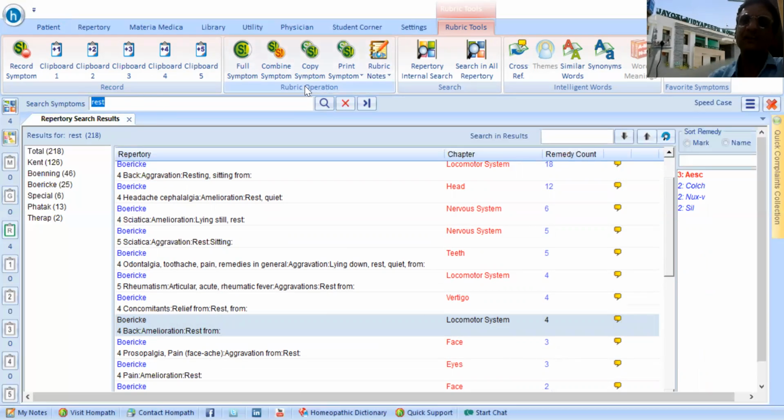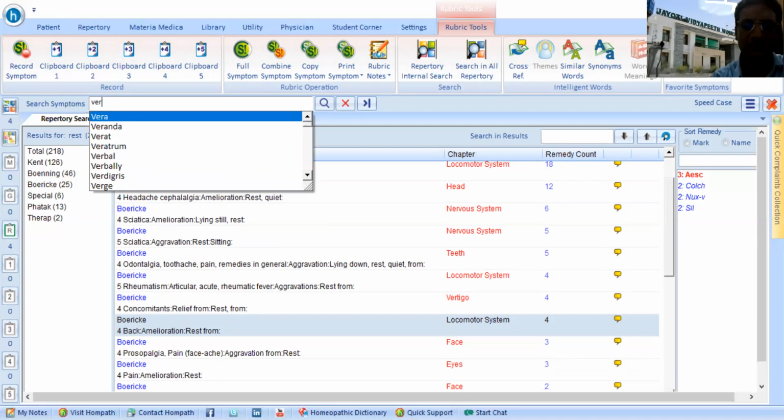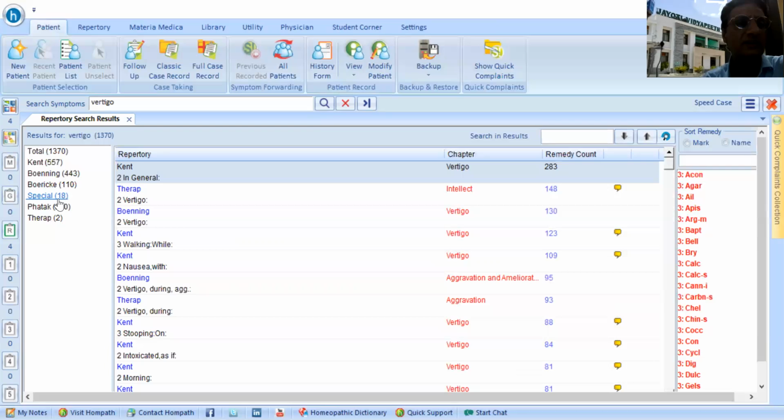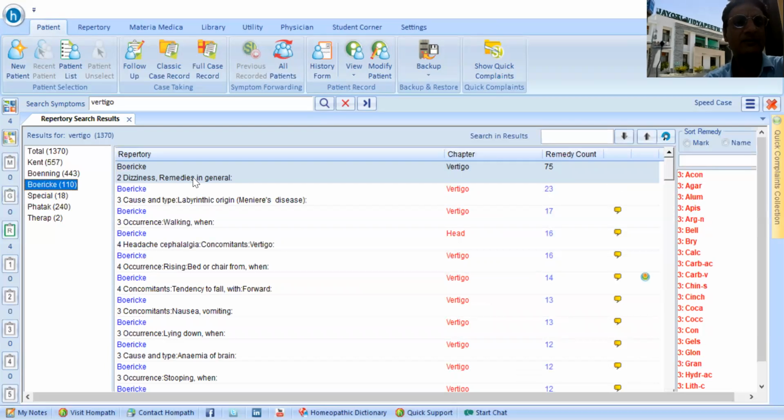Now for asking concomitant, we have asked the patient what other complaint you experience along with this backache. The patient says that he feels vertigo along with this dorsal backache, which has no direct relation. So we type over here vertigo and go for search, and we apply Boericke over here. So this is dizziness or vertigo.